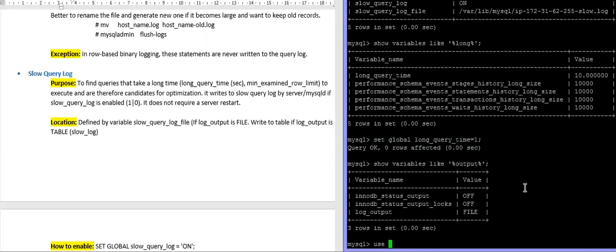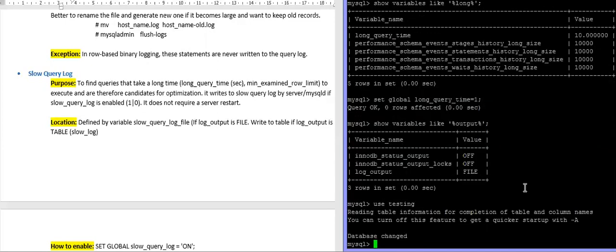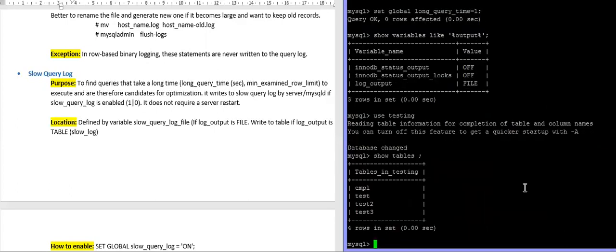So I have one database, and in that database, let's see those tables. I have one employee table.